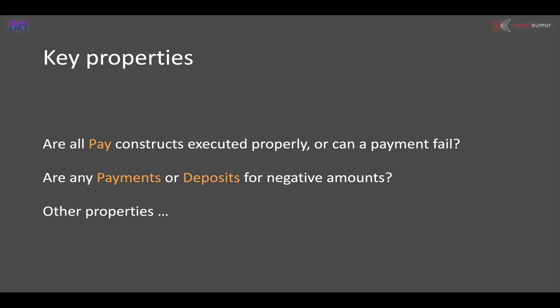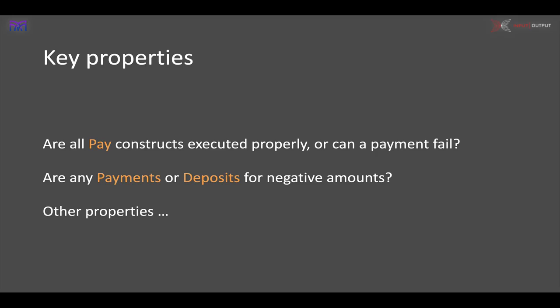Now, what sort of things can we check for? I guess the crucial property we can check for is whether every payment that the contract should make will be executed properly, or are there ways of executing a contract where a payment can fail? In particular, if there is a way that the payment can fail, we can show you a path to that failed payment. So it's not just a matter of you guessing how it might fail. We can show you precisely how it can fail, and then you can fix it, or you can live with